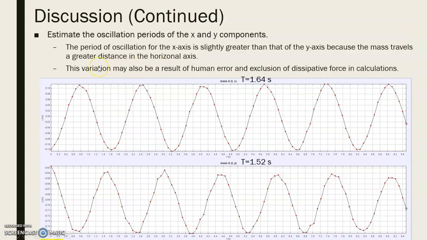All right, more discussion because I really like talking. Estimate the oscillation periods of the x and y components. So I estimated these two values, and you see that for the x, this is slightly larger. I believe this period of oscillation is slightly greater because the mass travels a greater distance along the horizontal axis. This may also be a result of